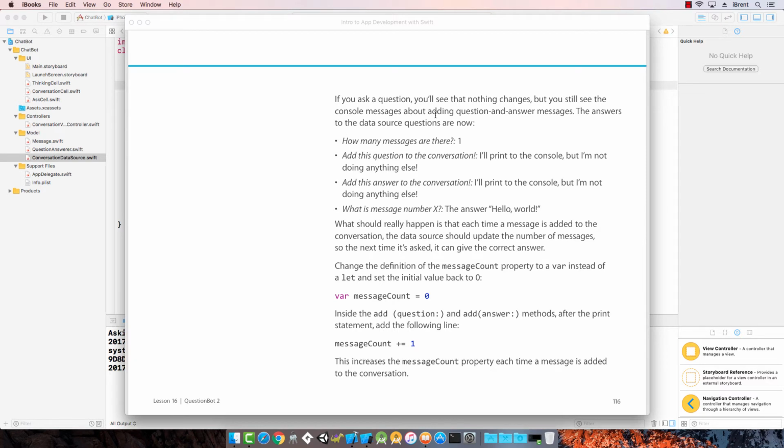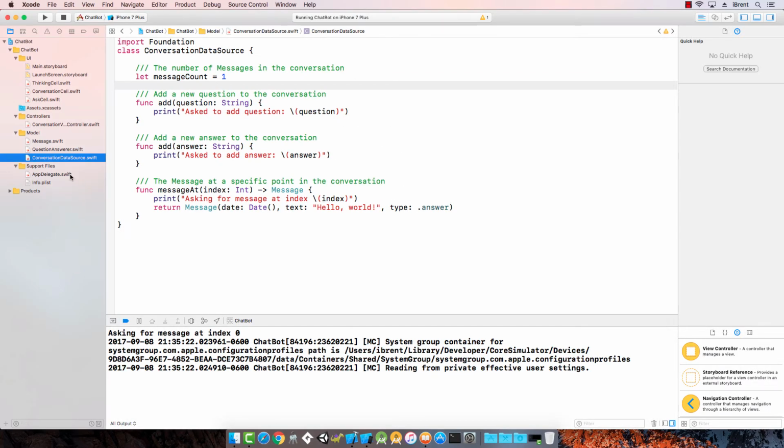So if you ask a question, you'll see nothing changes, but you still see the console message about adding a question answer. So this refers to the logic that's going on. Now, if we change the definition of the message count property to a var instead of let, and set it back to 0, then inside the add question answer methods, I have to add the following line: message count plus equals. Okay, let's go back to our source code in Xcode, and let's change this to a var